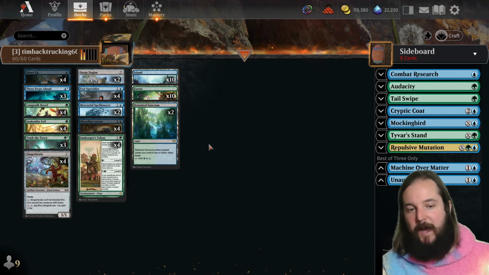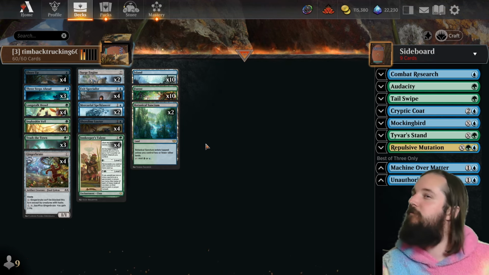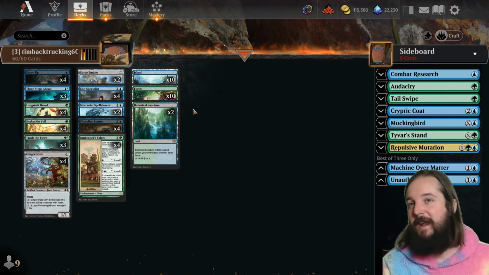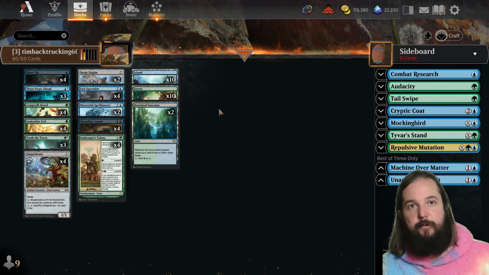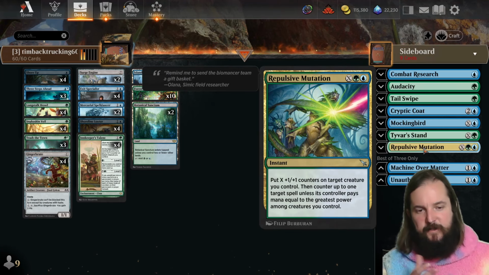Like, I think this is a little bit on the high side. I would probably run this at 20. Just looking at it, I think you could even do 19, but I would try it out with 20, because some of these spree cards are kind of expensive. But on that note, I do think that 3 steps ahead, I'd probably be running the Repulsive Mutation over, just because it fits into the...